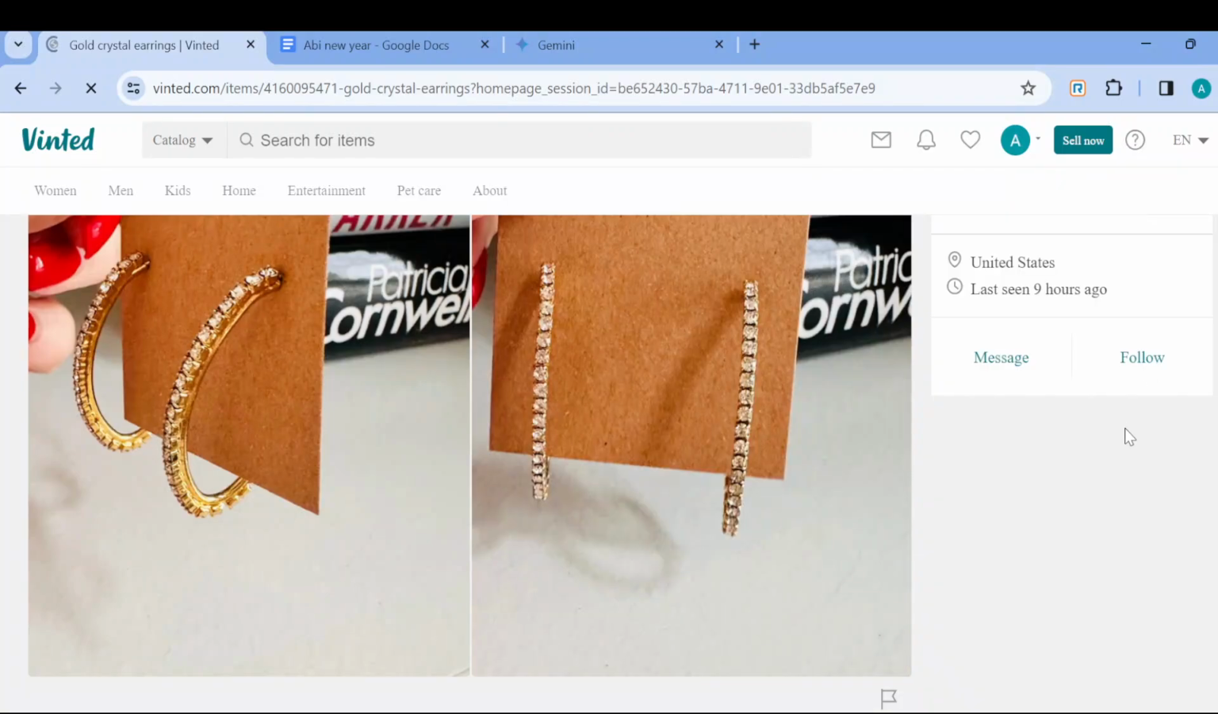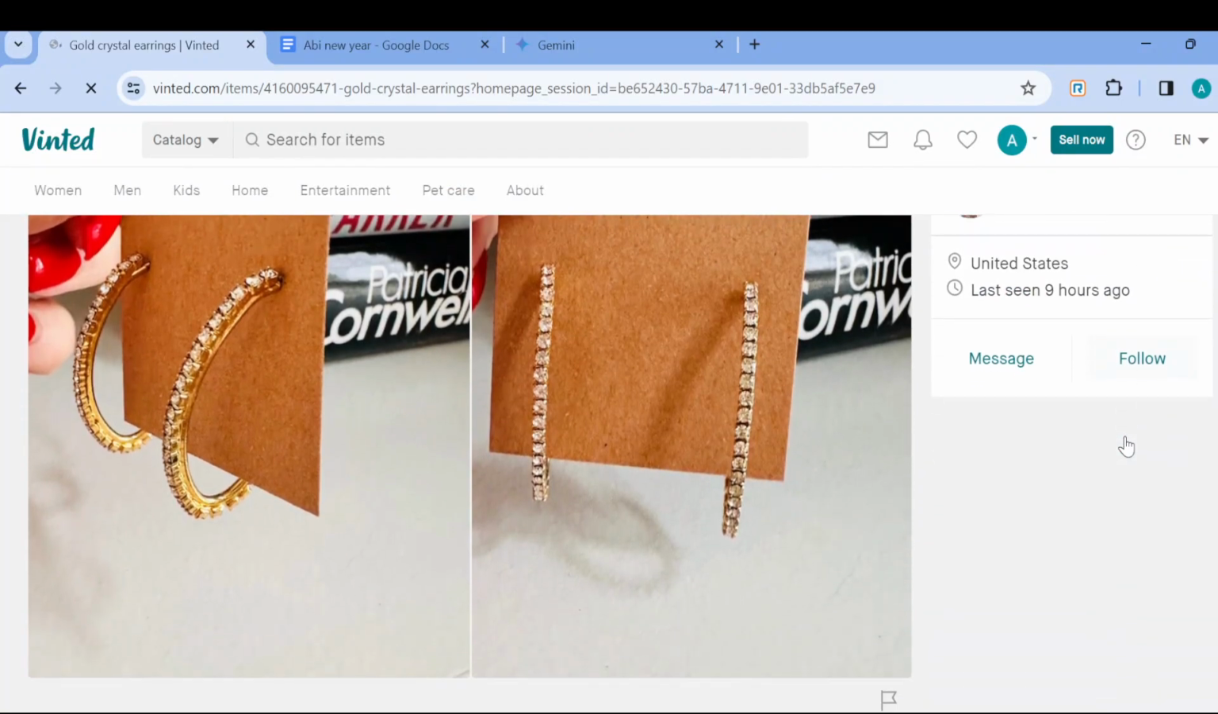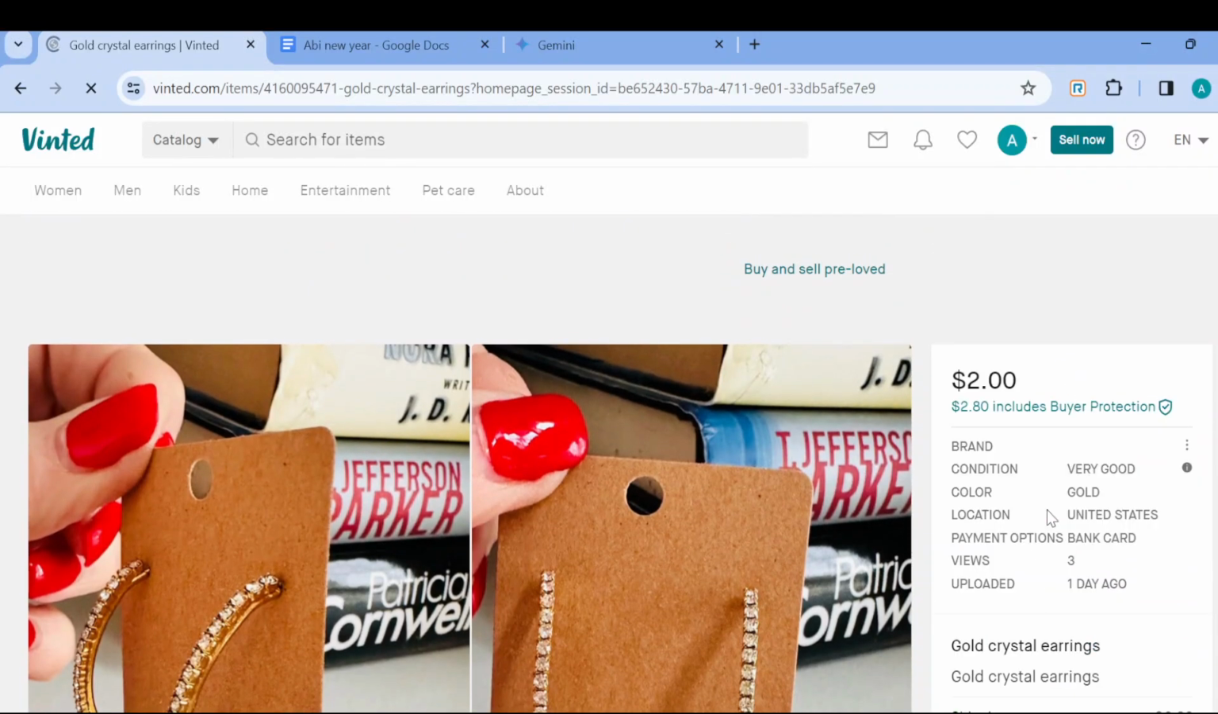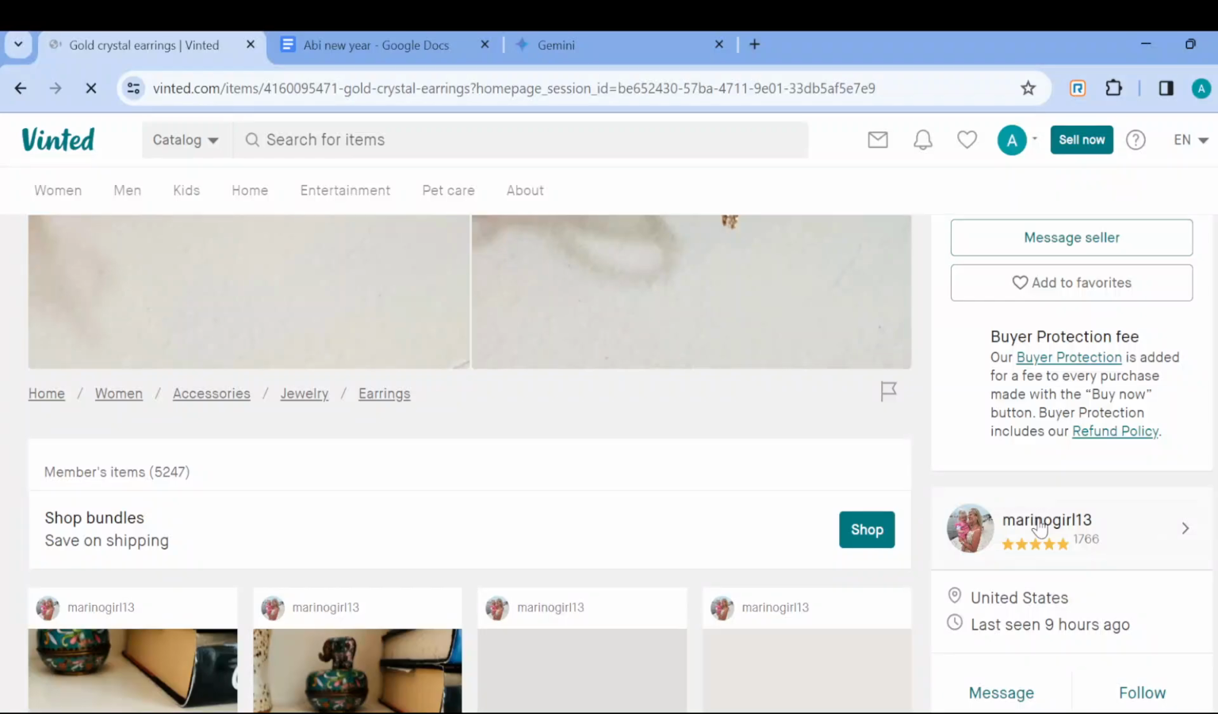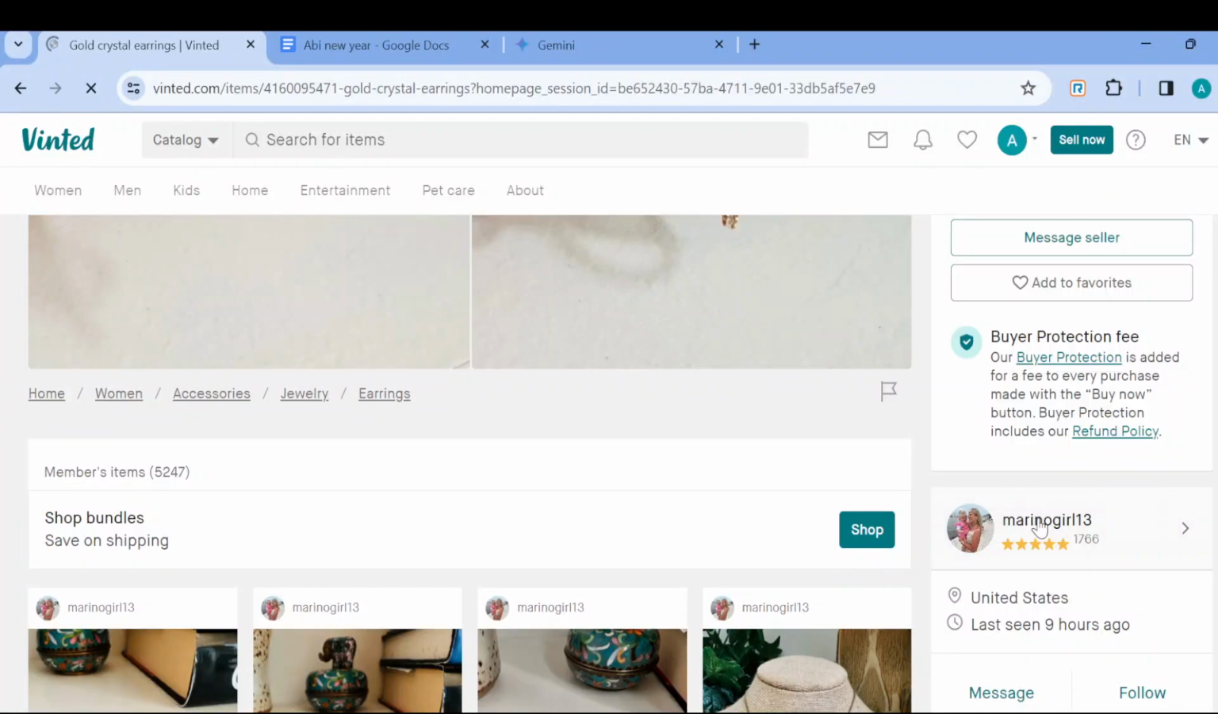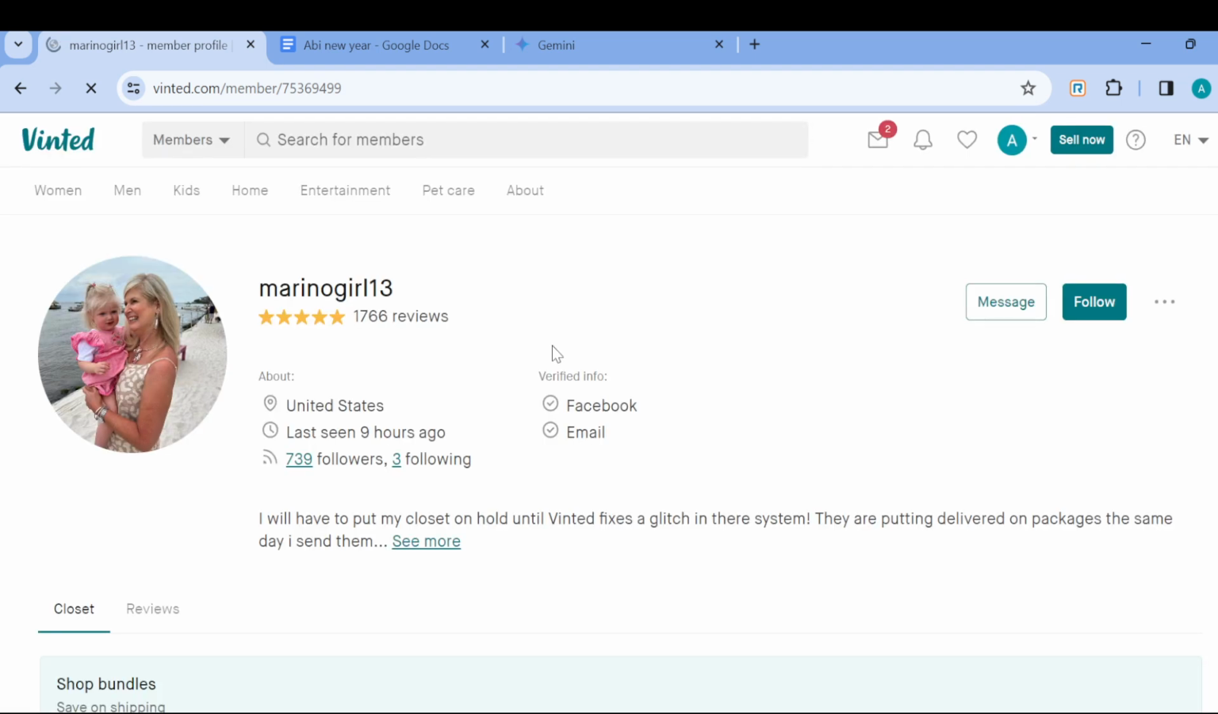You can see the option message seller, and then you can also see the person's username. Once you see it, just click on it. After clicking on the person's username, you'll be taken to the page where you see details about the person. All right. Once you're on the person's profile page and you can see the username and the picture,